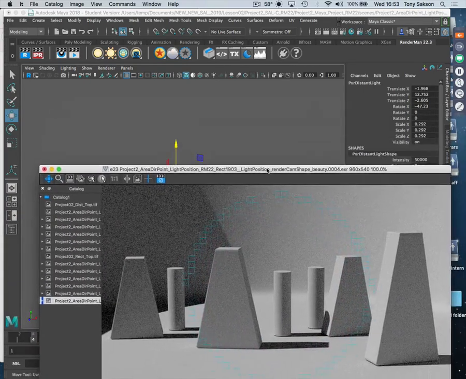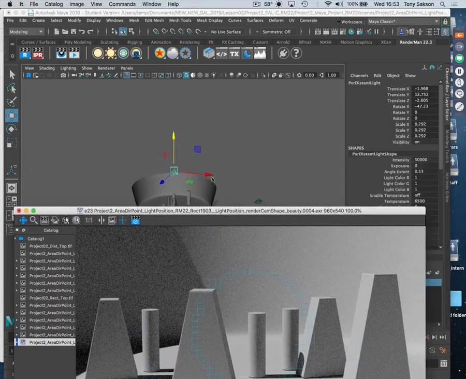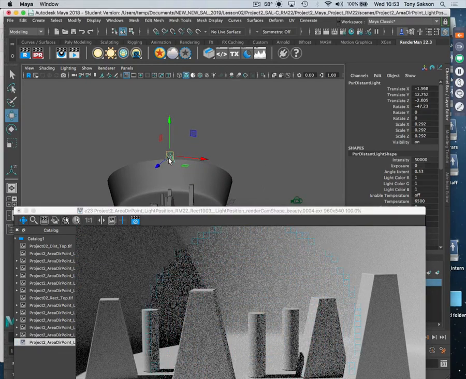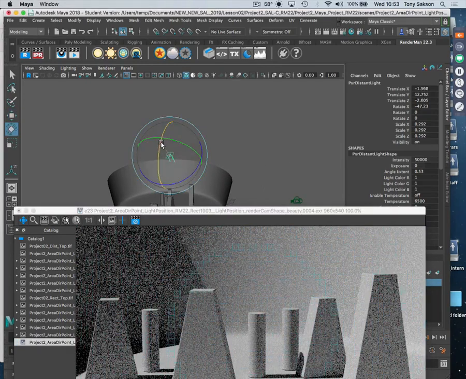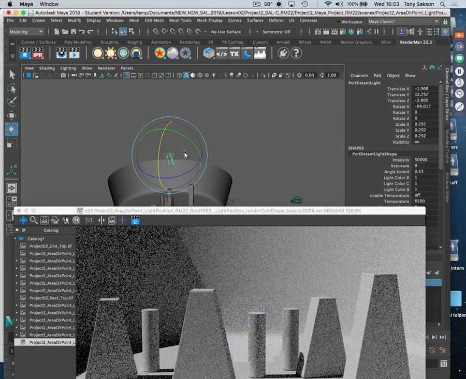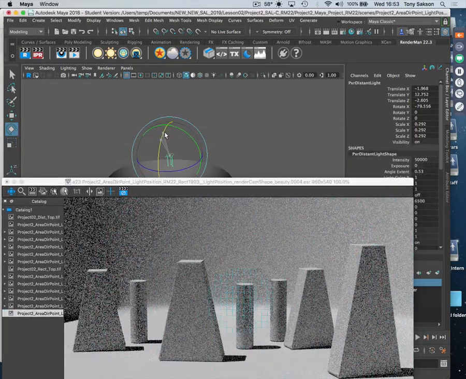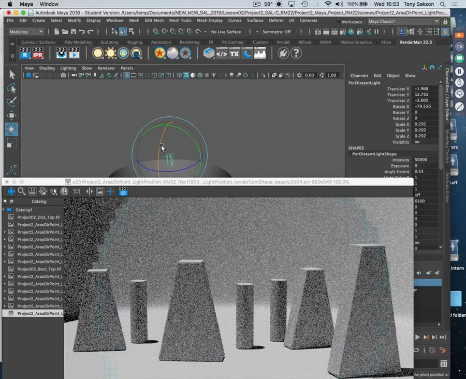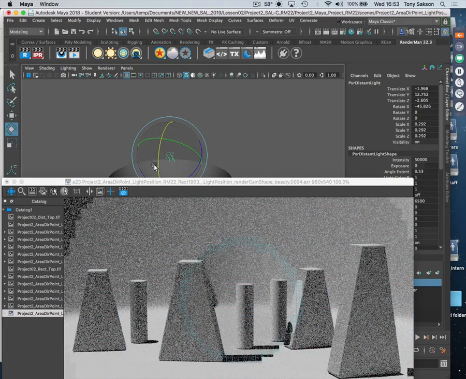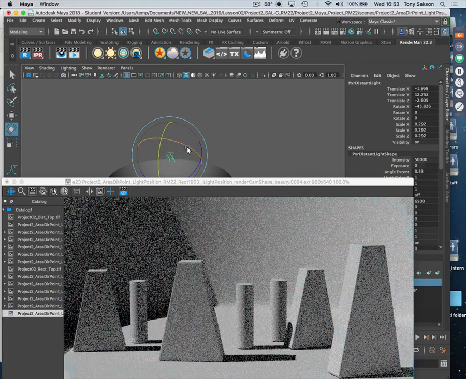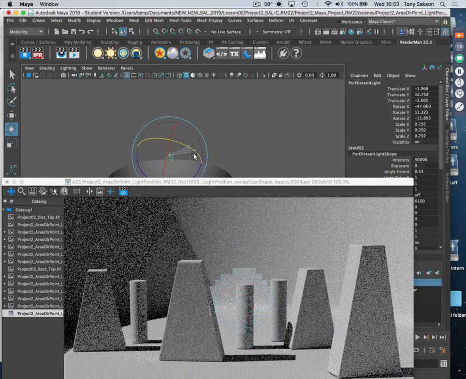So, if your shadows are too long, you need the light to be more overhead. That's all rotation. If the shadows need to be longer, or if they need to go to one side,